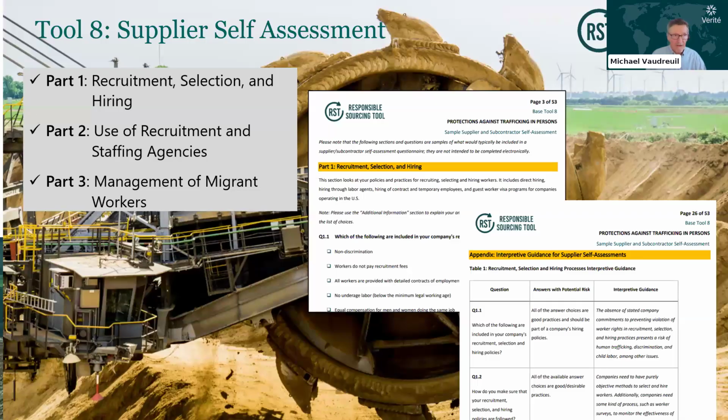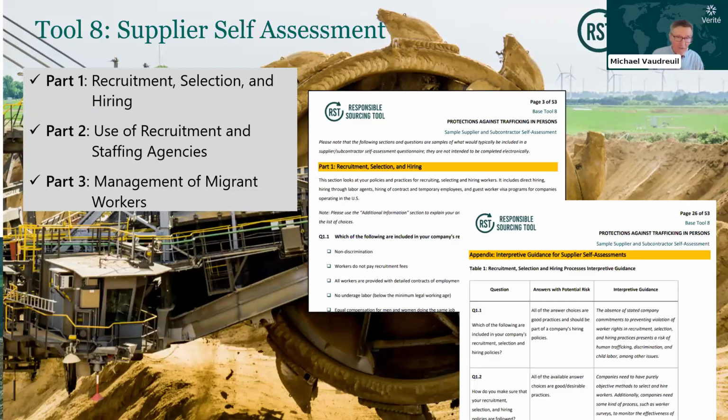It looks at how the supplier goes about recruiting and hiring workers, whether and how they use staffing and recruitment agents, and finally, how they manage the practices for managing migrant workers that may be on their payroll, including what kind of housing is provided for those workers. So there are questions in each of these three parts, and then the tool also has